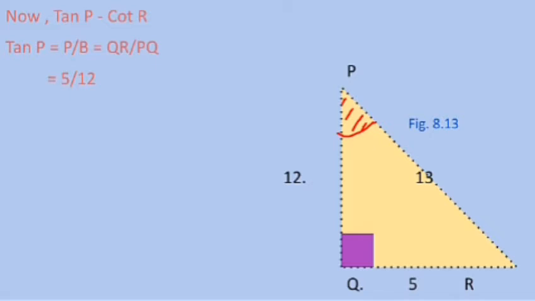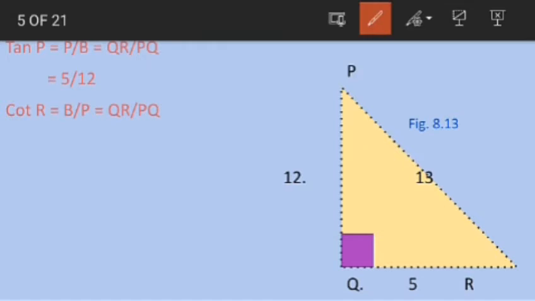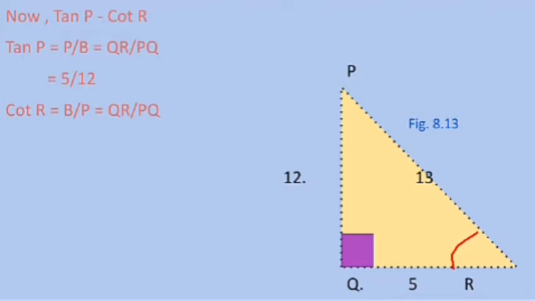Now class, we need to calculate the other angle, that is R, cot R. So this time you may see that we are taking this angle, the cot R angle. So in this case the value is going to change once again. Now moving further, here we know that cotangent of angle R is the reciprocal of tangent of angle R. Therefore cot R is going to be base upon perpendicular, as tangent is perpendicular upon base.